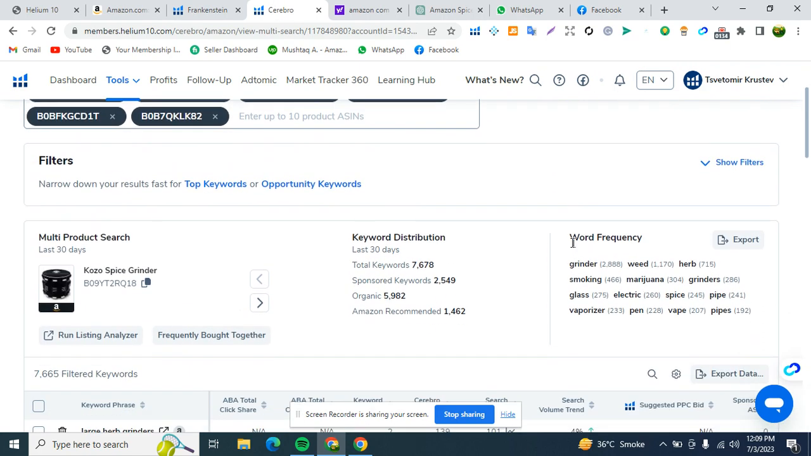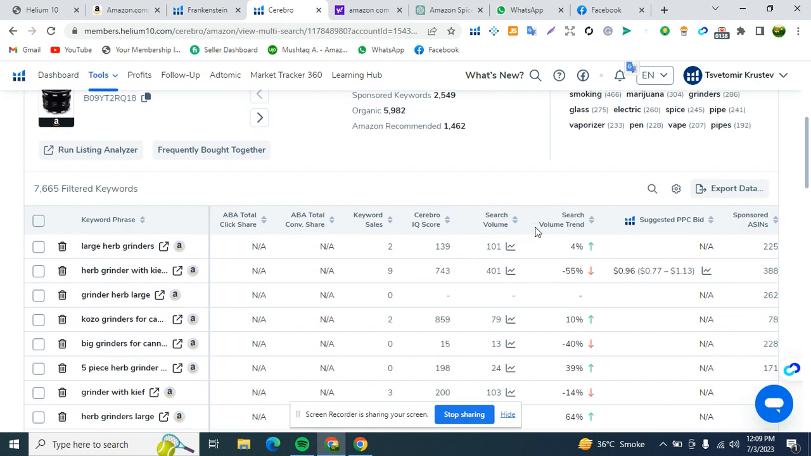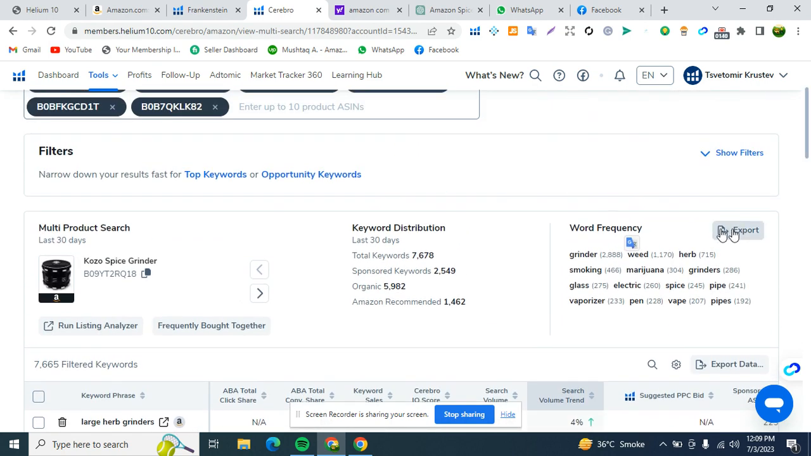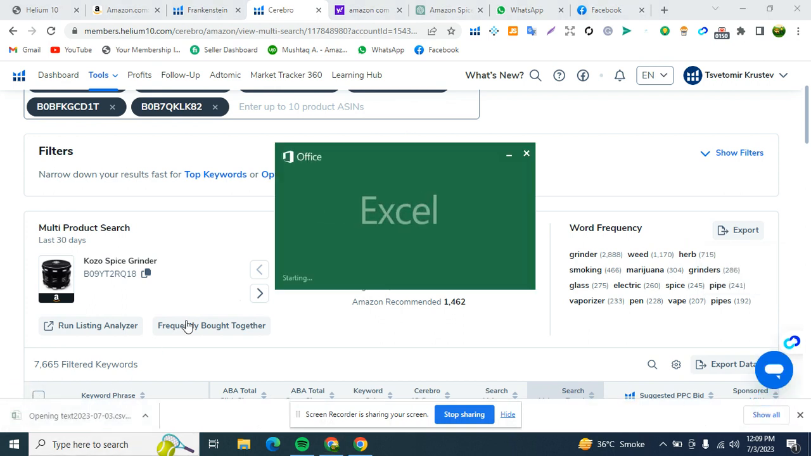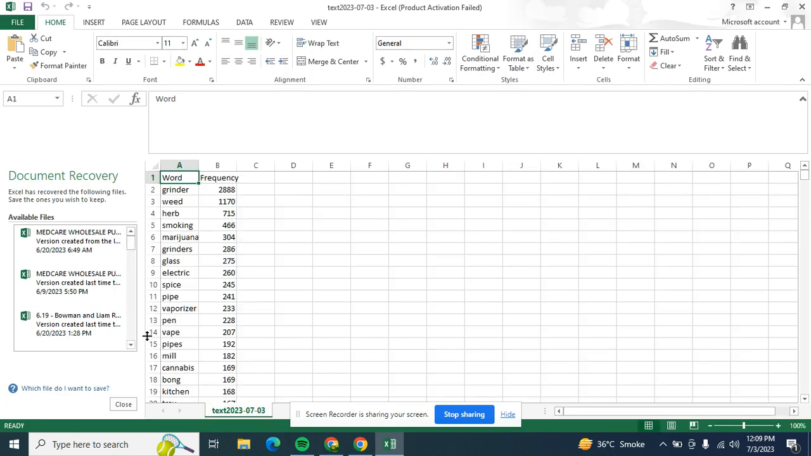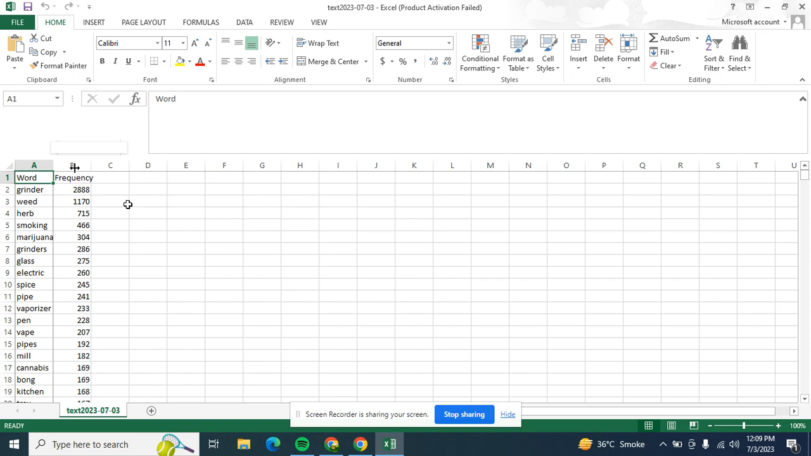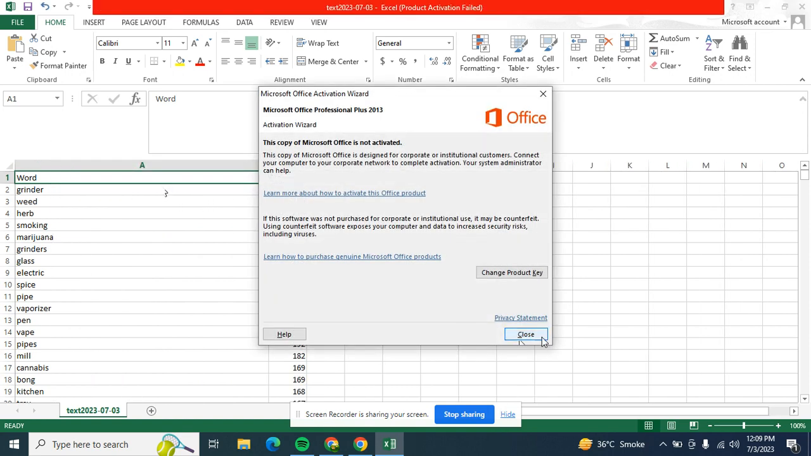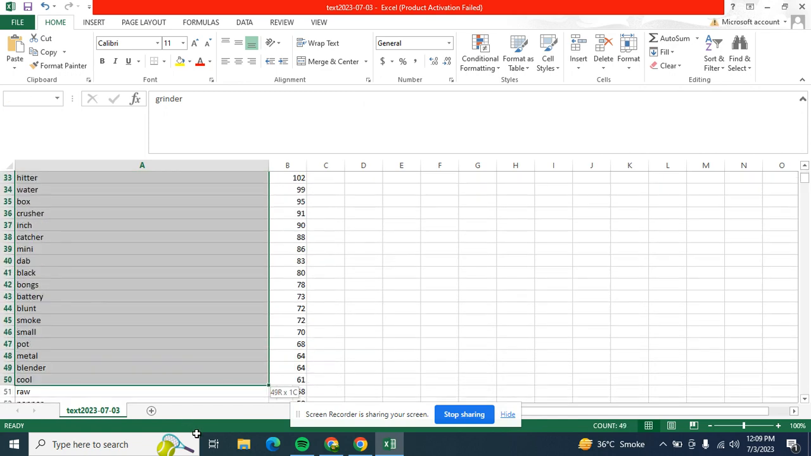These keywords we will use in our product listing for backend search terms. Okay, we can click on export and then click on CSV file. We can click here to open this file, close it, then we can choose top 100